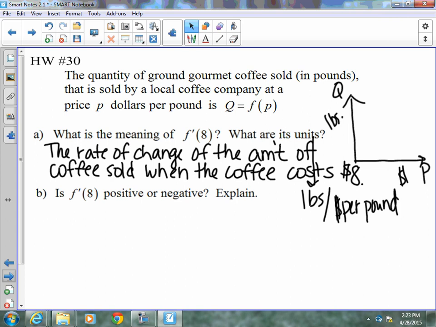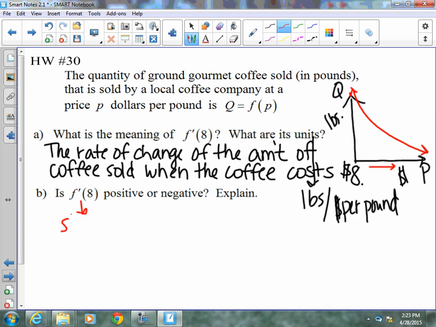Now, let's talk about B. Is f prime of 8 positive or negative? What is this graph going to look like? When coffee's cheap, how much are you going to sell? Probably a lot. What's going to happen as the price gets bigger? Because as we move this way on our graph, the price is getting higher, so we're going to be selling less and less depending on how high it costs. So your graph is going to look something like this. So, f prime of 8, which means the slope at 8, is that going to be positive or negative? Well, it's going to be negative because